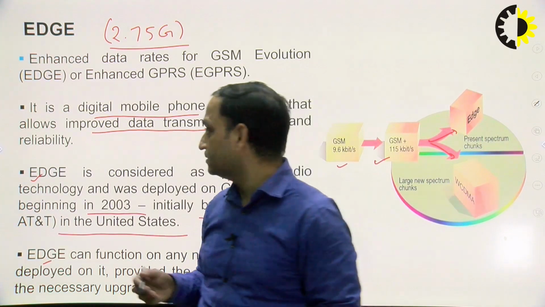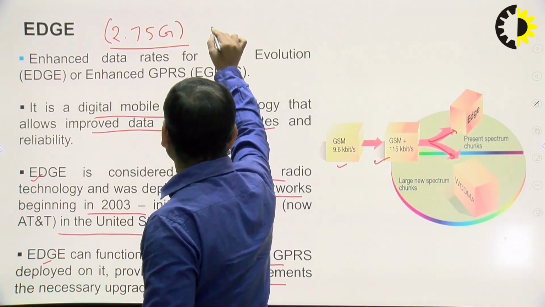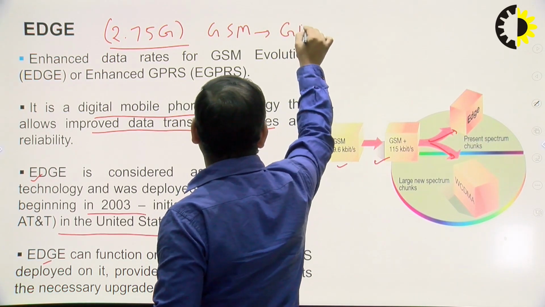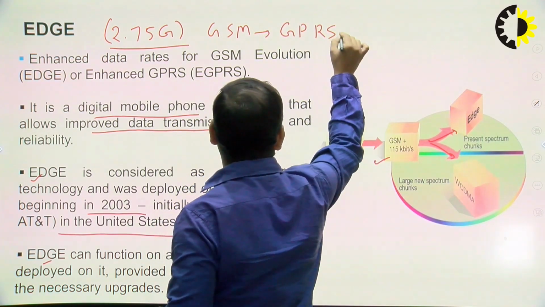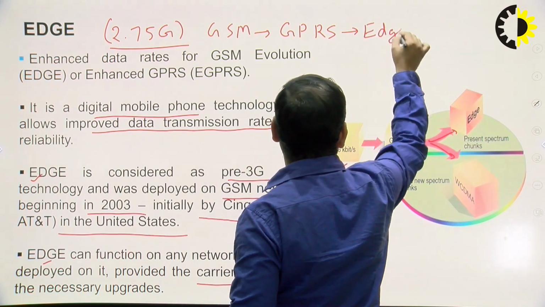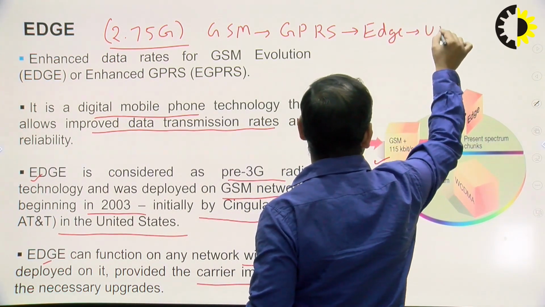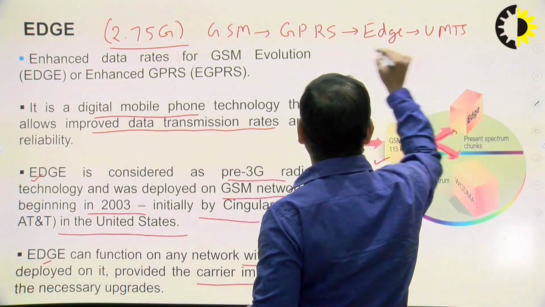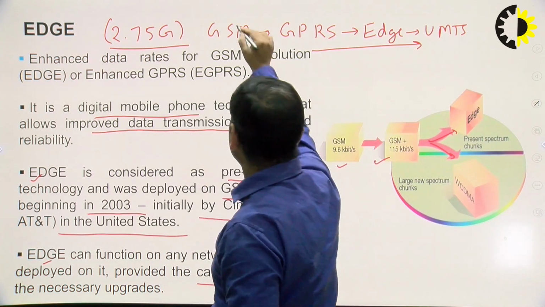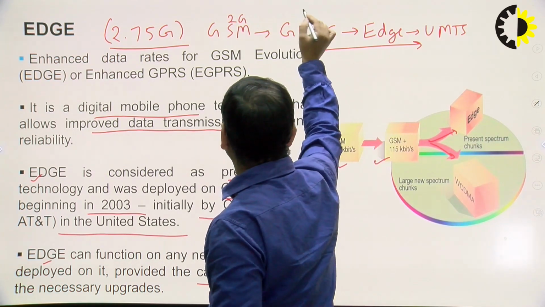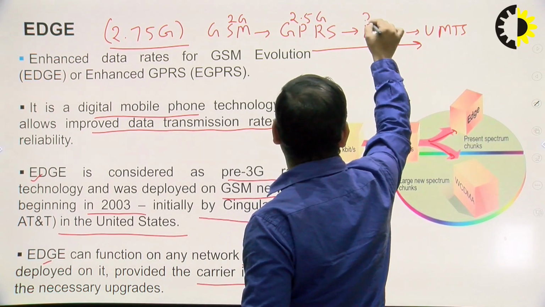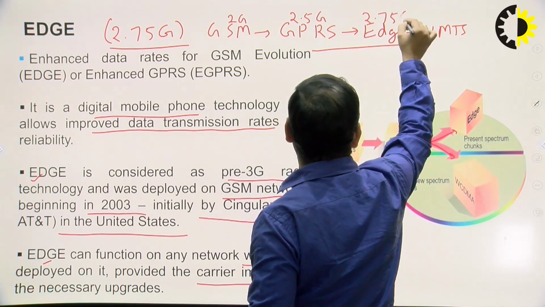This sequence must be clear to all of us: GSM, then GPRS, then EDGE technology, and then UMTS. This is the flow of technologies or generations. GSM was 2G, GPRS was 2.5G, EDGE is 2.75G, and this one is the